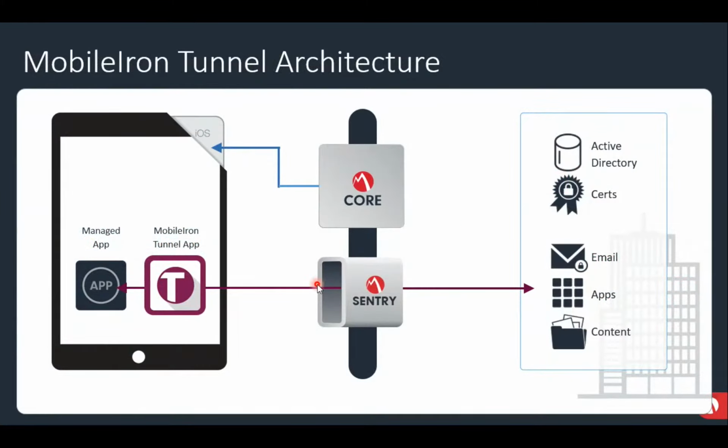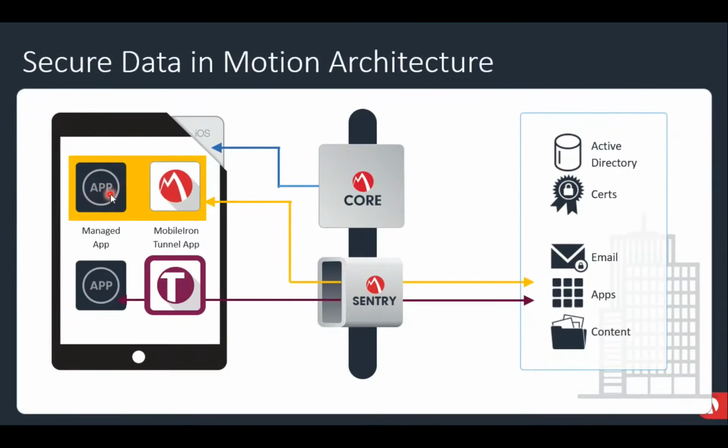And this is the Tunnel architecture. So this is the managed app. Like I said, the managed app will check the authenticity with the core, whether the policies, configuration, and components are all met, then it will give access to the Sentry. Once Sentry gets approval from the core or VSP console, it will allow access to the backend resources. So we have this managed app, and we have a third-party app. The managed app, the UEM client, will check with the core and give access to the Sentry, and the tunnel will be triggered for the third-party applications.